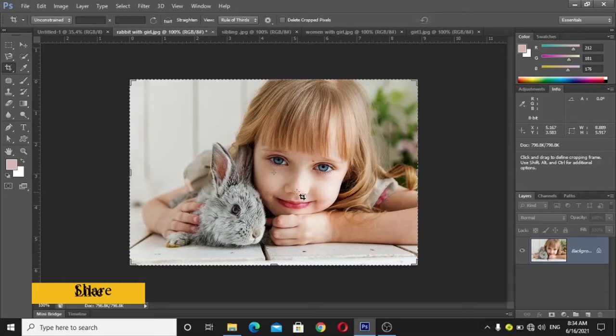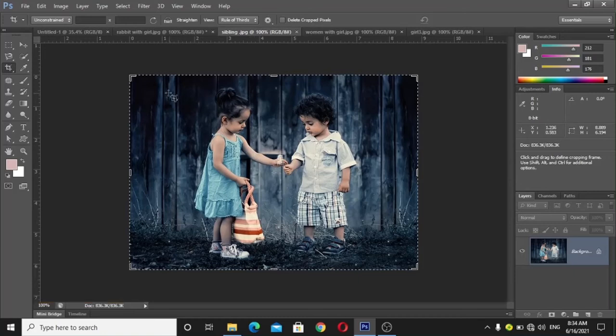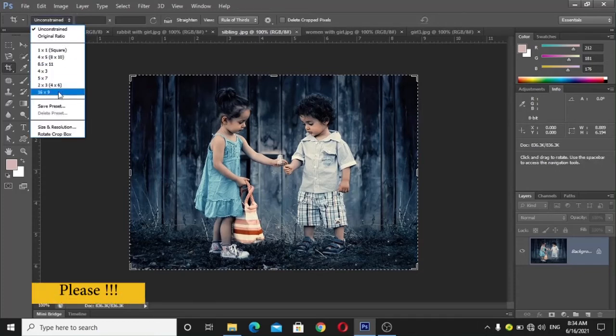I have a picture and I want to use my crop tool and I want to see only this area and focus on the object, the little babies. I can also set this by using this option. Some presets are pre-built here.